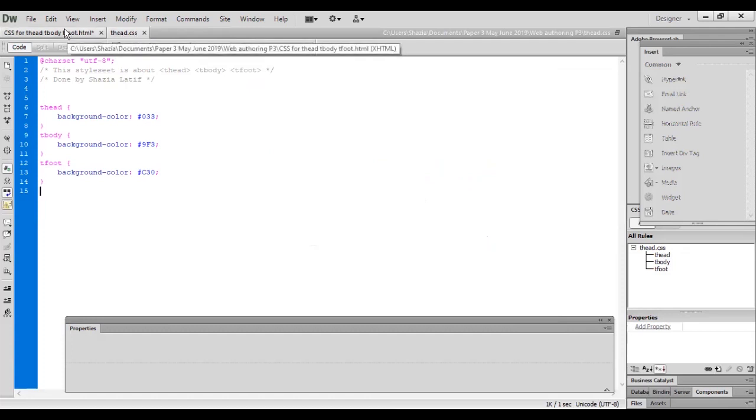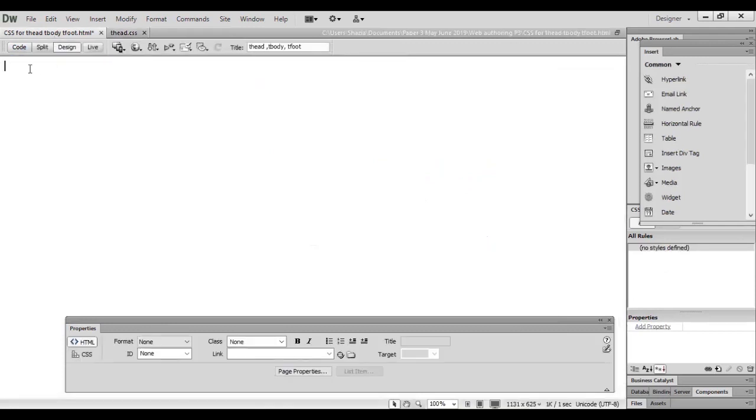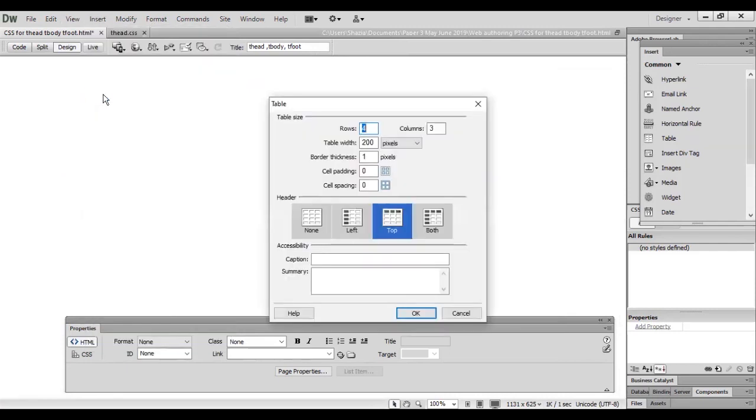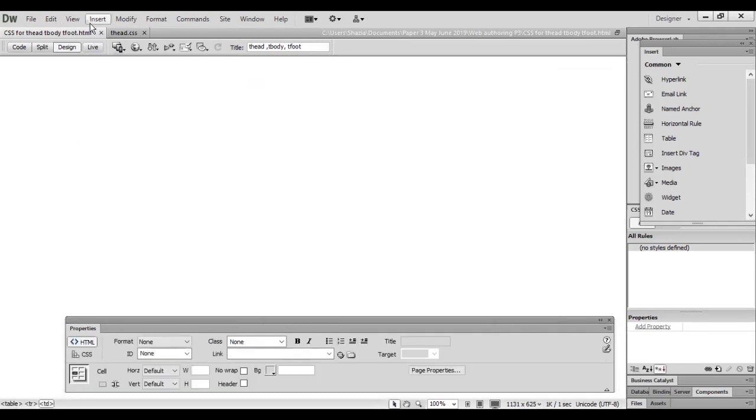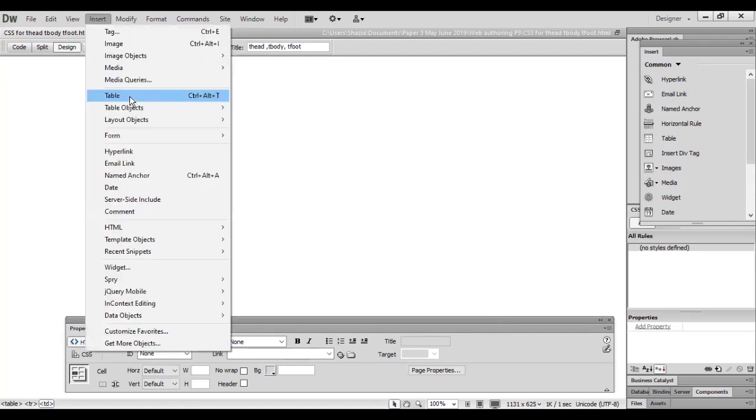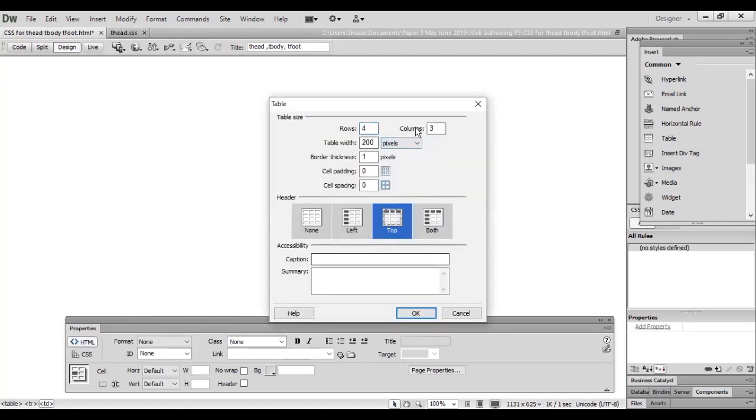I will come to HTML and insert one table. Remember, I mentioned table structures in my previous lecture series. This time I will select this table view, select it and draw the table, with 3 rows and 3 columns.